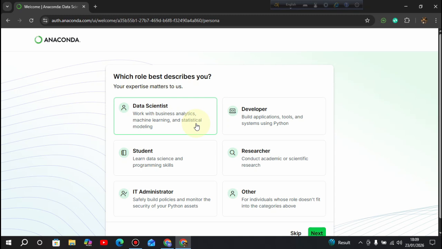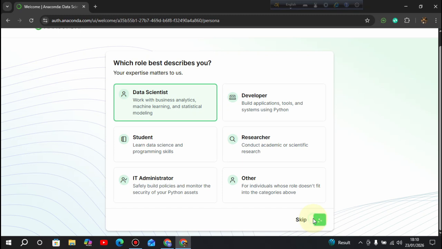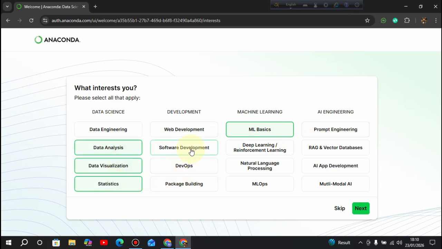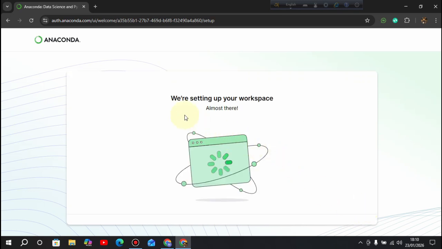Well, I am currently doing data analysis, so I'll give data scientist. If you are a student, give student. Researcher. If you are a developer, you can select developer. So I'm giving data scientist. Next. It wants to know more, so I'm giving ML basics, data analysis, visualization, statistics, not anything else. These are the ones. You can choose whatever you like, and it will be creating our